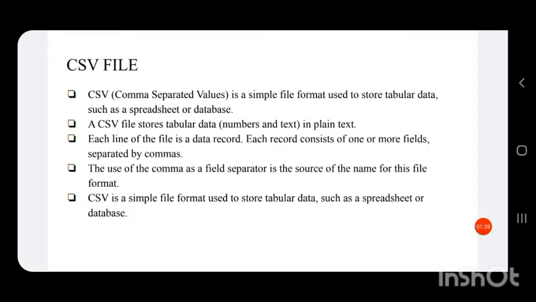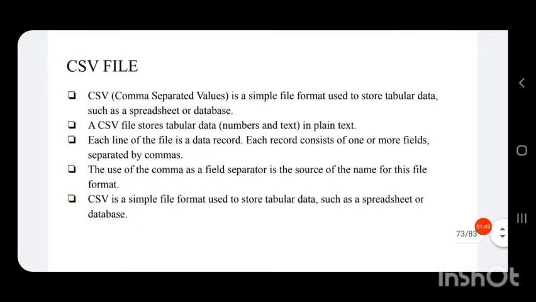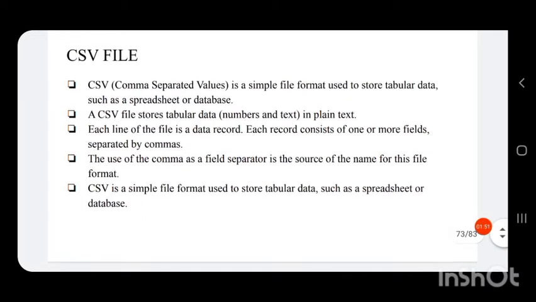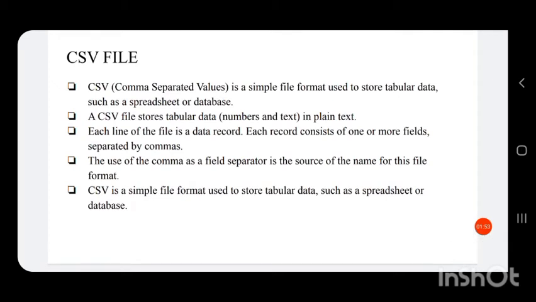The use of a comma as a field separator is the source of the name for this file format. Because in a CSV file, a comma is used to separate the data, hence it got the name CSV file, comma separated values.